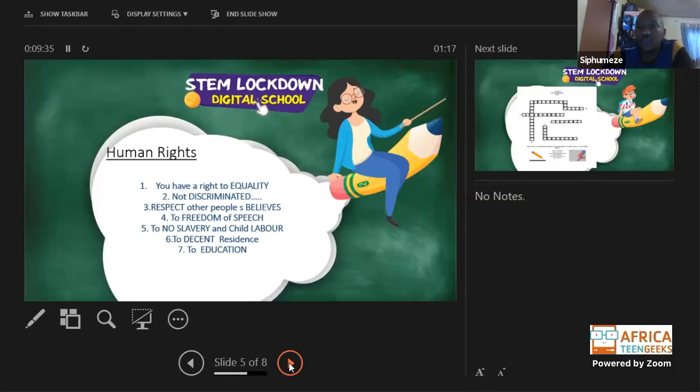So what I will do is, since we are coming from COVID, we will just be doing touch-ups of constitutional rights and responsibilities. After this slide, we will go through the activity that I have created. It's just a puzzle. This puzzle consists of human rights of any citizen. So what you need to do is you have to fill in